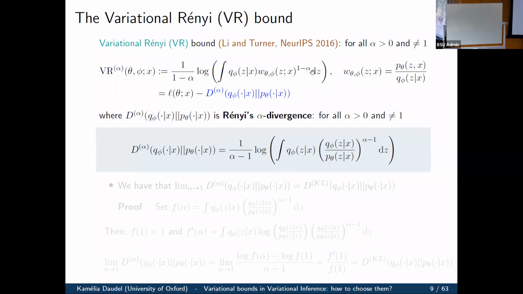If we write this into, trying to fit with the expression that I was giving you before, this is going to be the marginal log likelihood minus this quantity, which is called Rényi's alpha divergence. So here's the choice of the divergence. Now we're seeing another one appear, which is not the traditional exclusive Kullback-Leibler one. This Rényi's alpha divergence is also defined for alpha non-negative and different from 1 by this